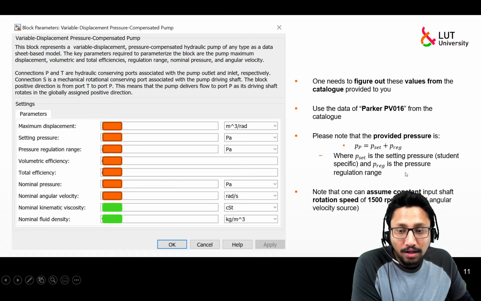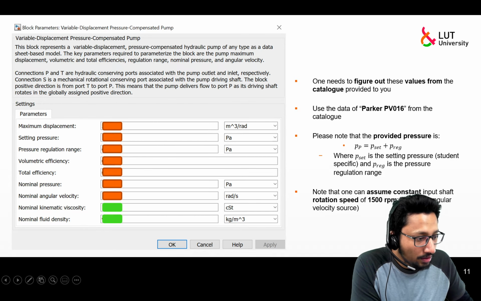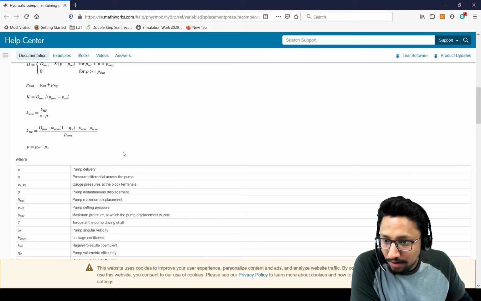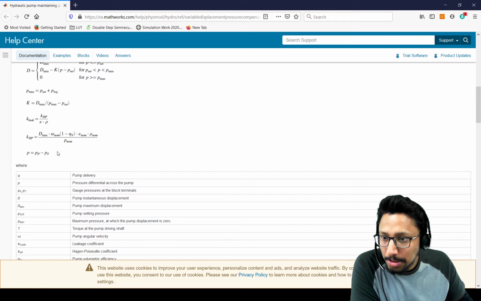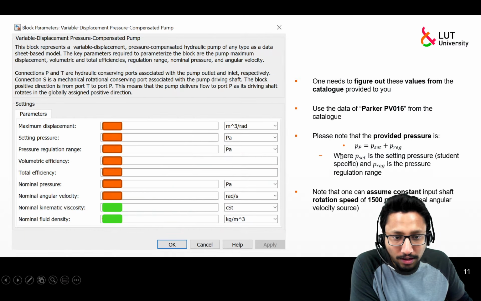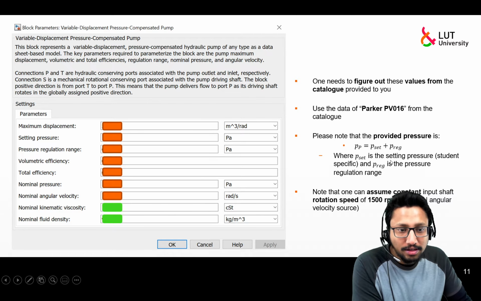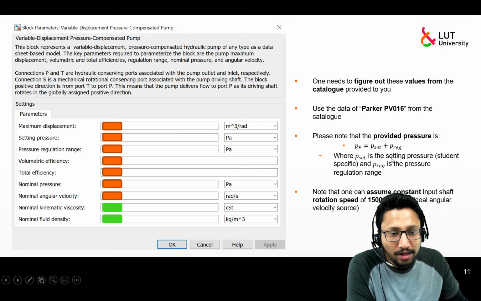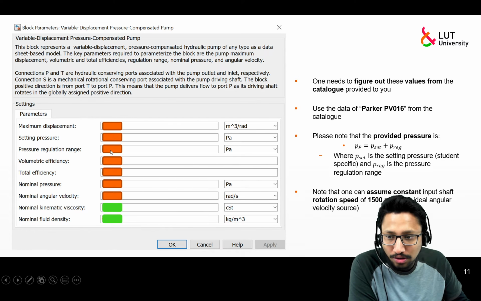If you read this link carefully, you see the pressure here is P set plus P regulation. So it's a summation of the setting pressure and the regulation pressure range over here.